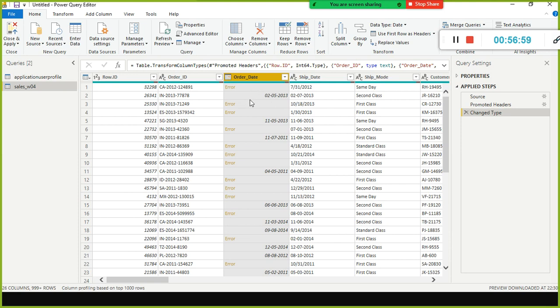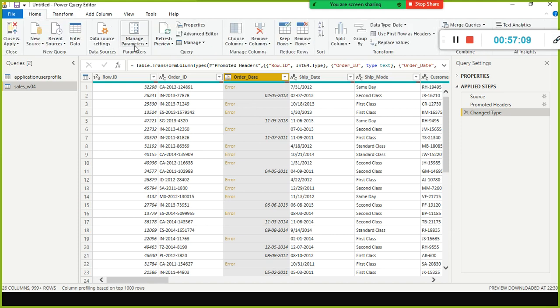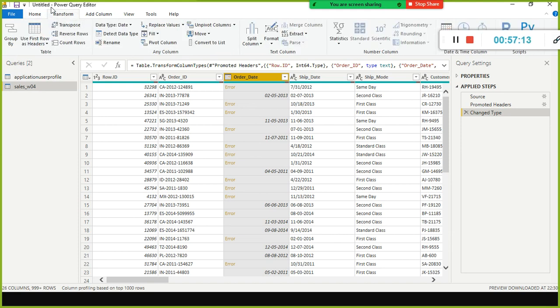So now can I do Control Z? Control Z will not work in your Power Query Editor. Okay, we clicked Transform data, right? When you click Transform data, that is nothing but your Power Query Editor. In the Power Query Editor, we clean the data. We are supposed to clean the data. If the data is not in the proper format, we need to clean it. So here I am getting an error.